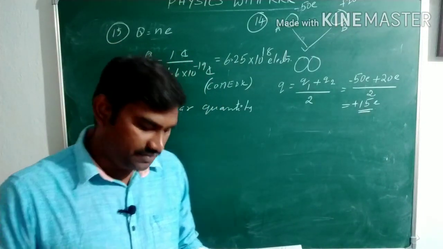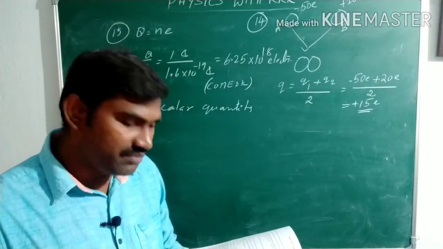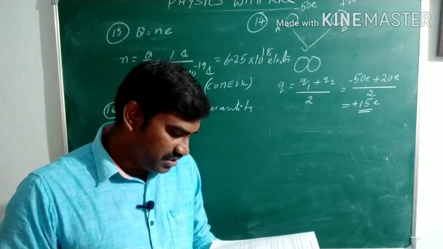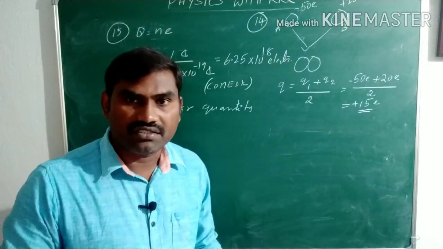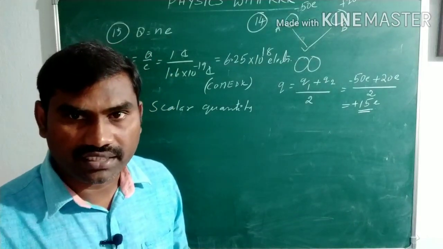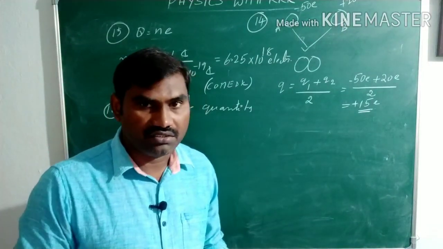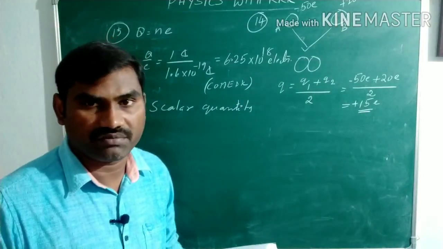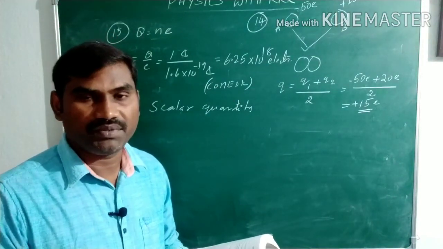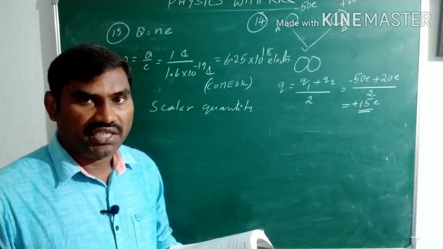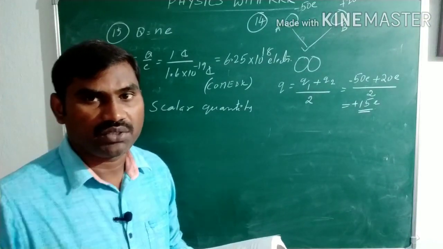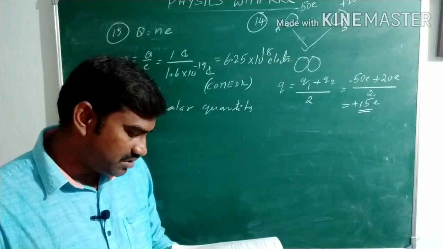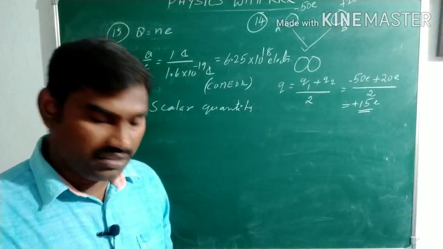That is a correct statement. Charge can be quantized, correct statement. Charge is additive in nature, that is a property of electric charge. Charge is conserved. Total charge of the entire universe remains the same. Charge of isolated bodies remains the same. So charge can neither be created nor destroyed. Charge can be transferred from one body to another body. That is also true. So charge is a vector quantity is the wrong statement.